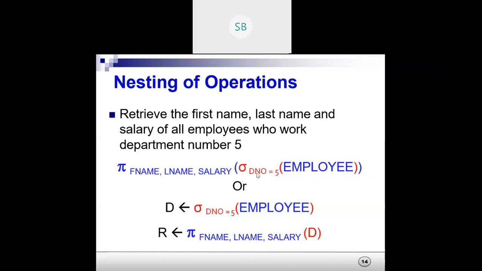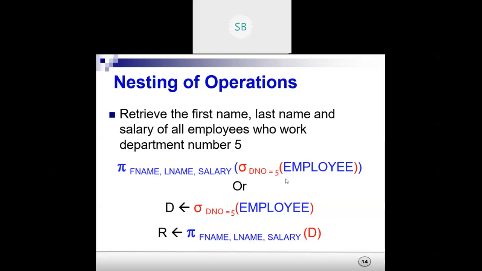Here, sigma of DNO equal to 5 only keeps those results whose department number is 5. All other departments, maybe 4, 1, 2, 3, are removed. So the purpose is just selecting the rows where department number is 5.